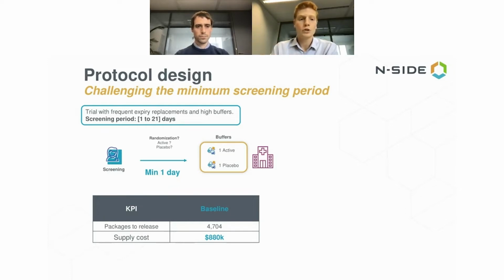So to ensure the dispensing of the patient, 1 buffer of active and 1 buffer of placebo need to be on the site when the patient comes. When we looked at that trial with the supply team, we simulated and we got the 2 KPIs that you can see just below. But as there were a lot of sites to be open for a very small target of patients, we wanted to suggest